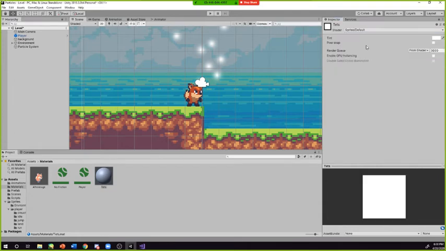Let's try doing Sprite. Yeah, so Sprite doesn't actually have an area where you can put in a sprite for it. It's okay. I think this is actually a kind of material that you could put on sprites rather than an